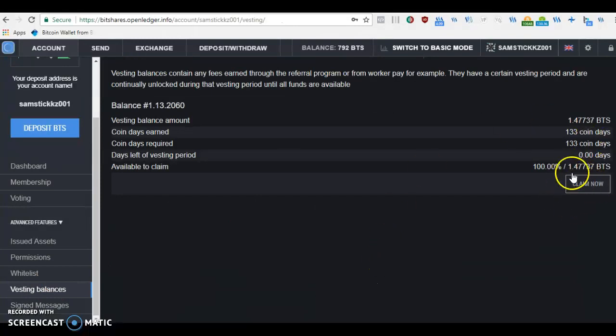Now this means I can claim. The last one I claimed was, let me just show you. Once you click this, you can claim. Well, let me just show you the last one I did. I'll go back to account